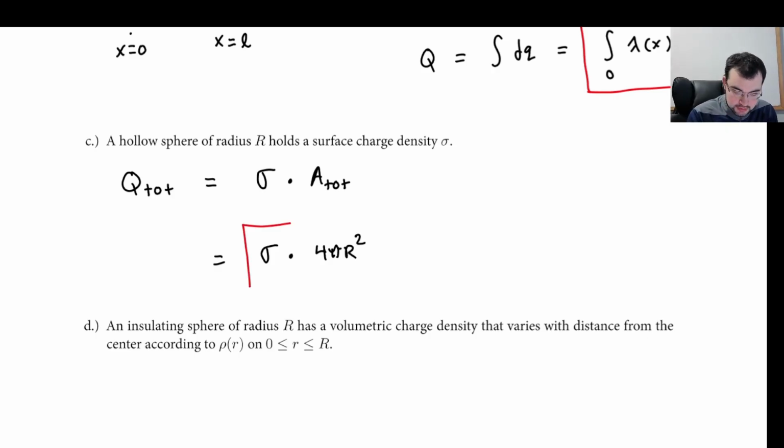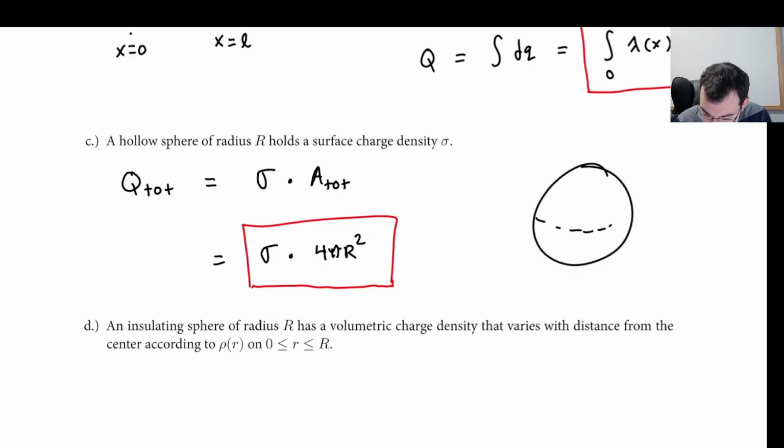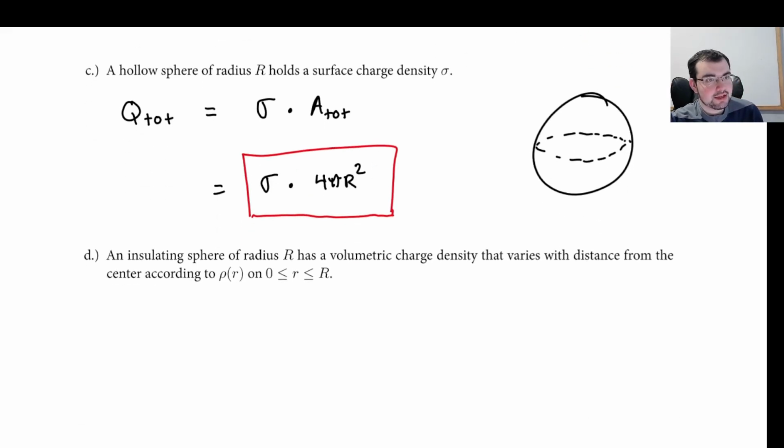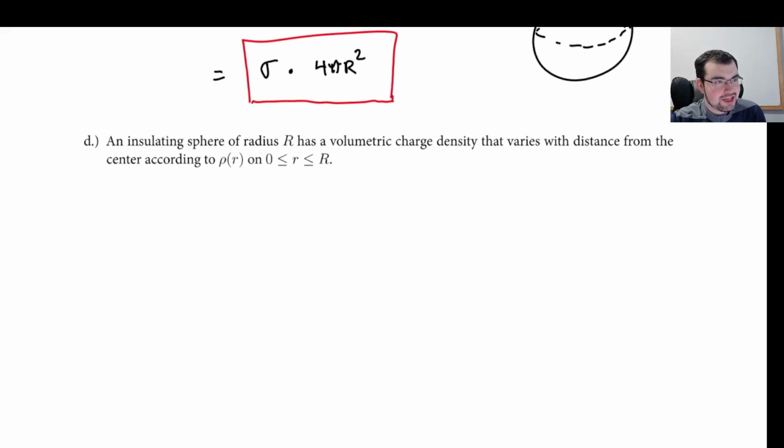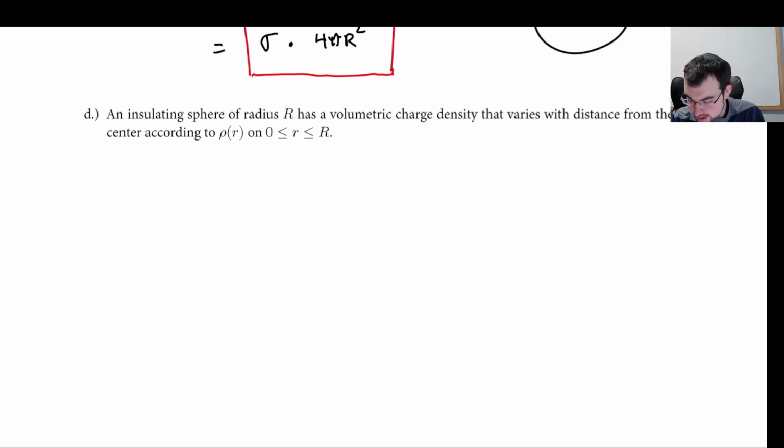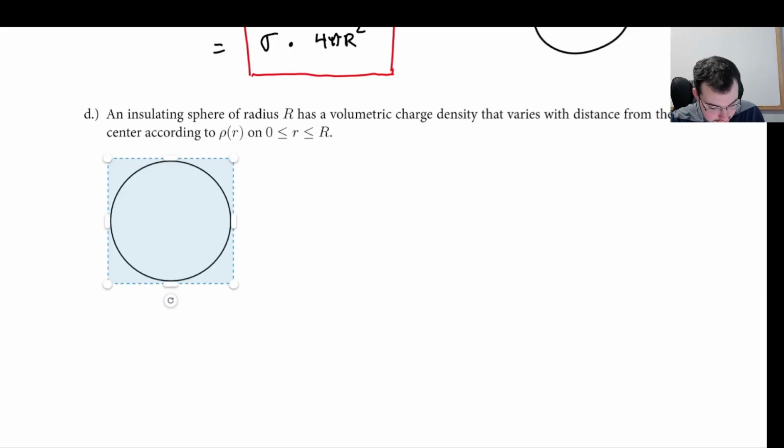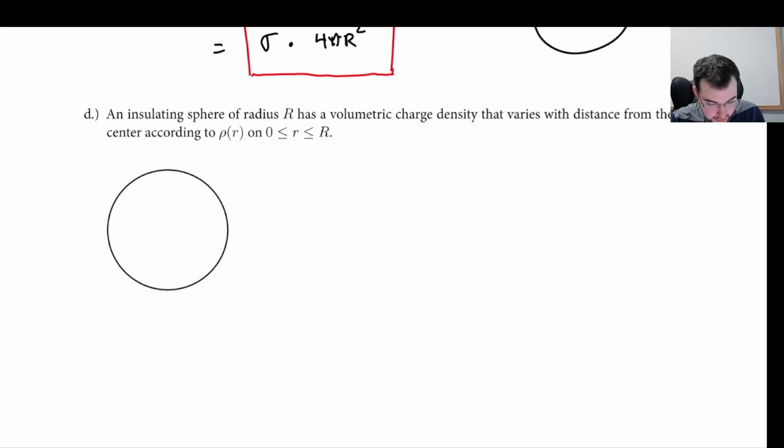This substitution is very common for conducting spheres, right? Because we know that all charges go on the surface of a conductor. So anytime you have a spherical setup and it's a conductor, you'll see sigma used in that case. Then we have an insulating sphere. So this is a case where you can actually have charge that's inside the sphere, and we're given some sort